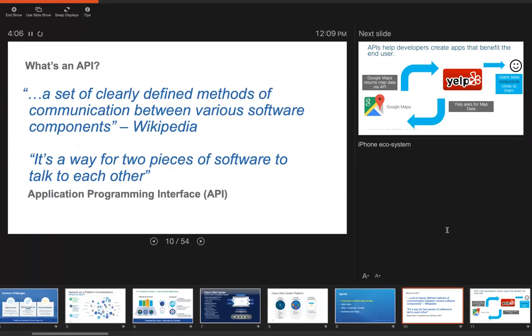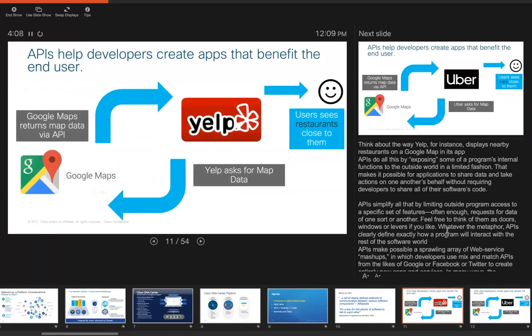A great example that I think can help bring all this together is that a lot of us have applications on our phones or devices, maybe Yelp. We want to see what restaurants are close to us. Well, Yelp did not go out and create its own mapping software to put on its application. It actually reaches out to Google Maps for its APIs to pull in and display maps to see restaurants that are close to you when you have your device.